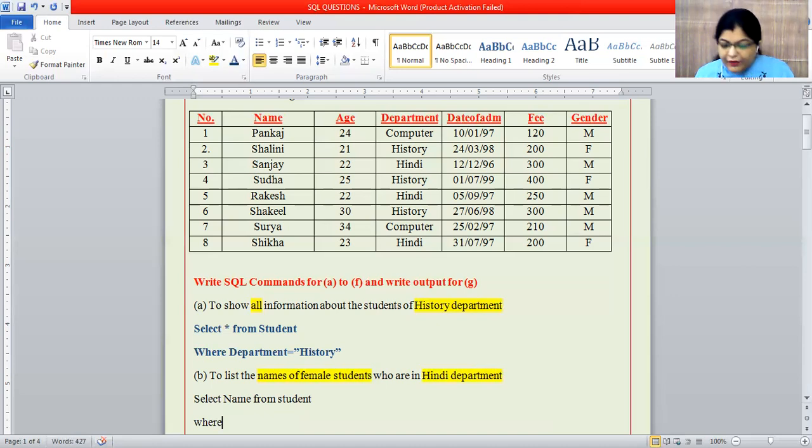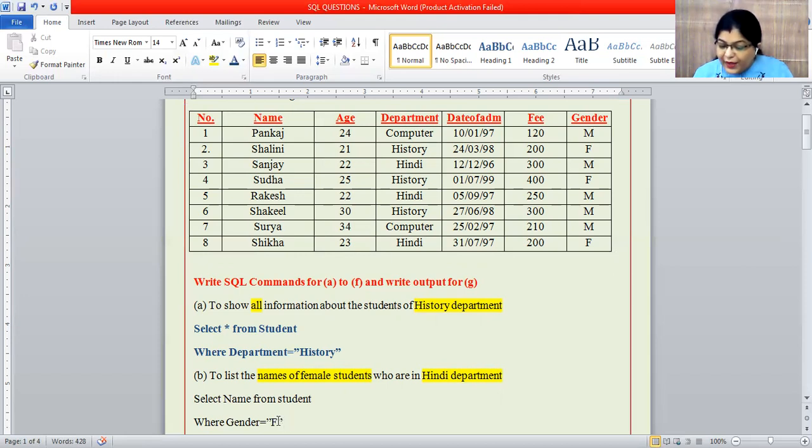Now we have two conditions. They said names of female students. Just see in which column there is female. In this column, gender, there is female. So we write where gender is equal to F, because here it is not written as male and female; it is M for male and F for female.